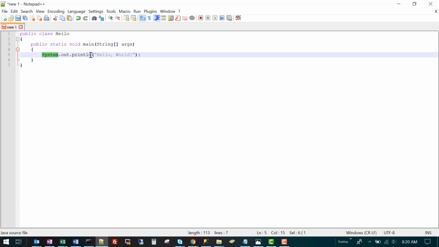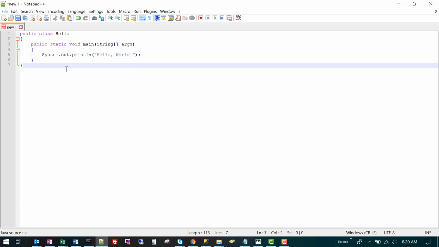System.out.println. System is another class, much like the one we're writing called hello, that exists as part of the Java language environment. Out is a particular object. We'll be learning more about objects in the second half of the class. That it contains within itself a method called println. Println is a method similar to main being a method.